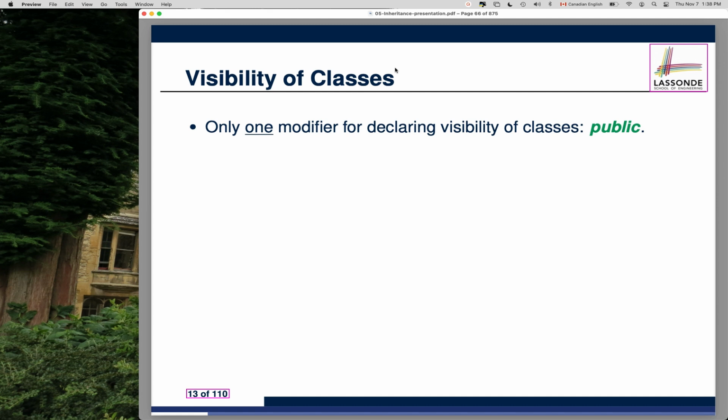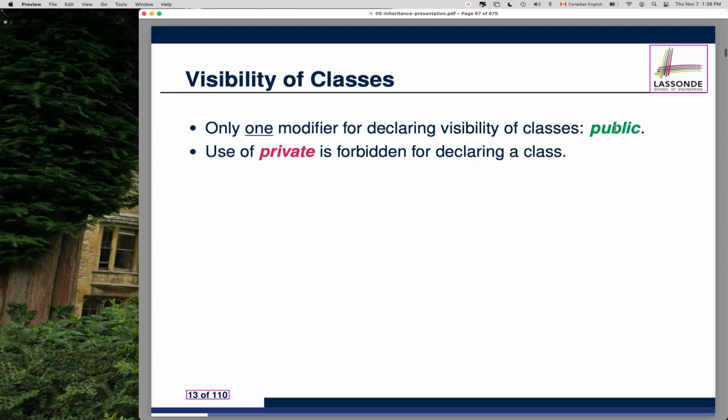When you talk about modifier for class, there's only one modifier possible, just public. You cannot say private class something. You also cannot say protected class something. You just cannot. There are only 2 options here. Either you say,